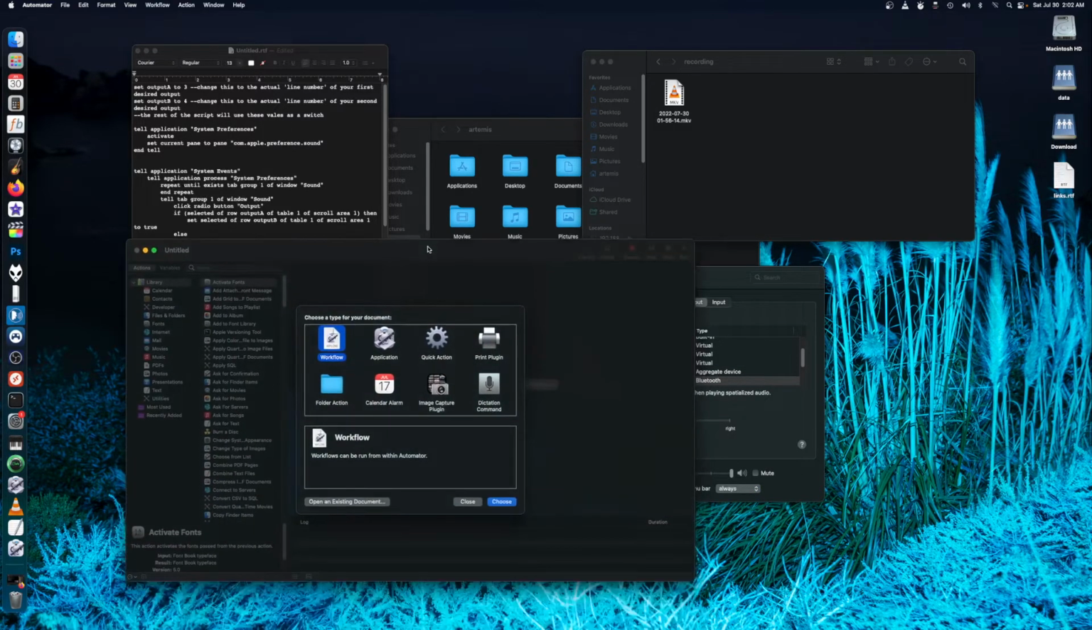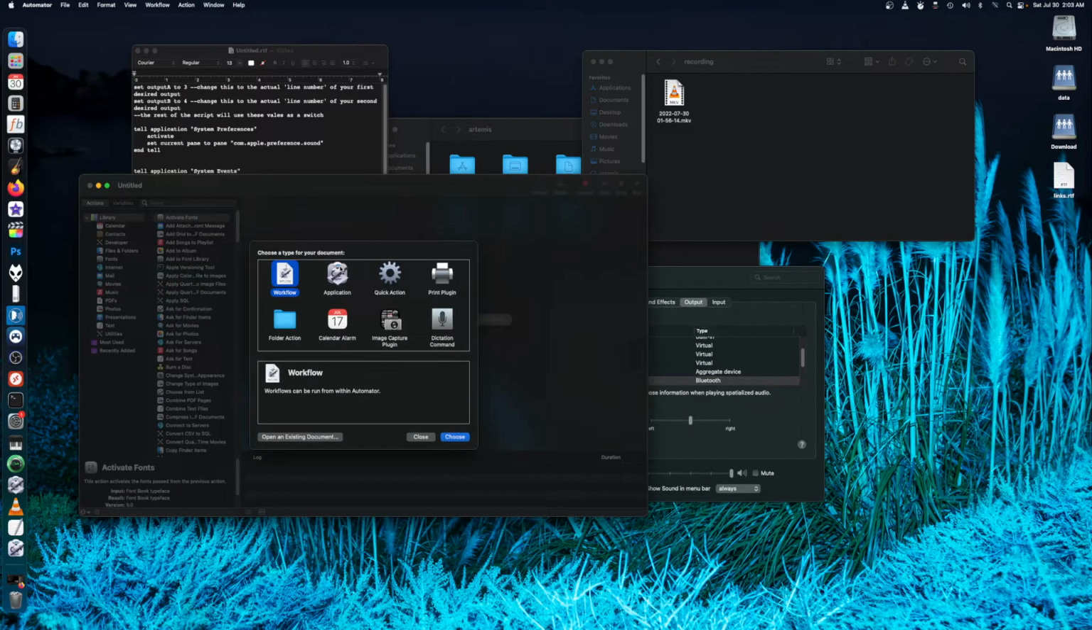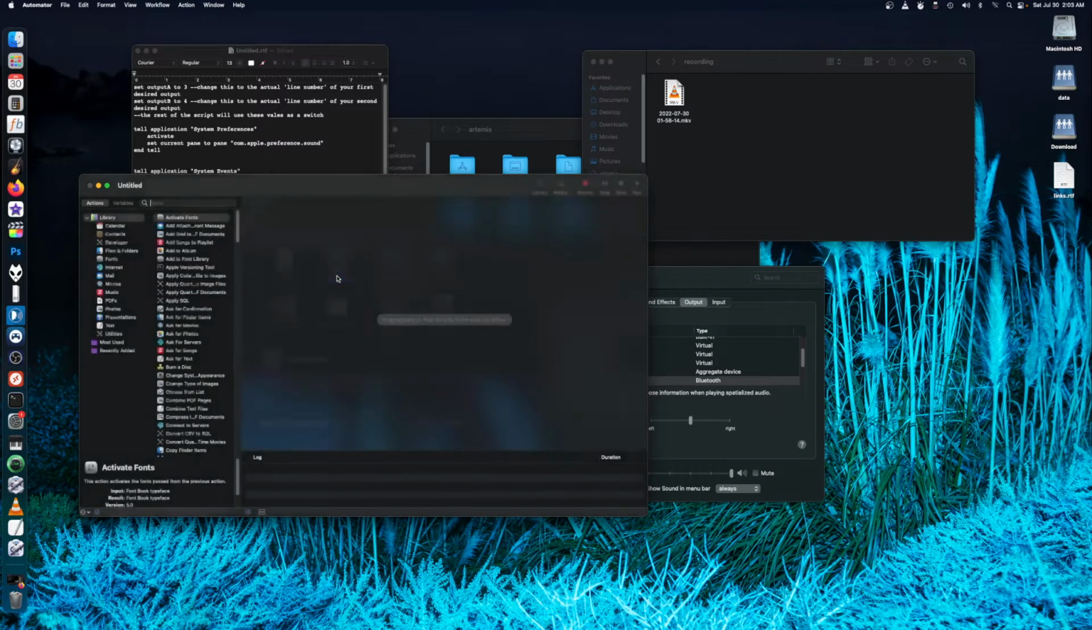And so how I'm gonna show you make it. You can do this on a workflow or you can do it on a quick action. I'm just gonna use it as an application. You open the application, type in